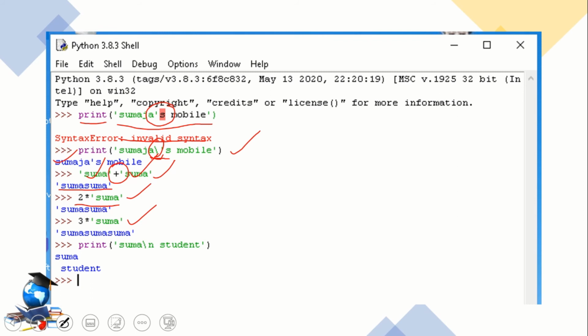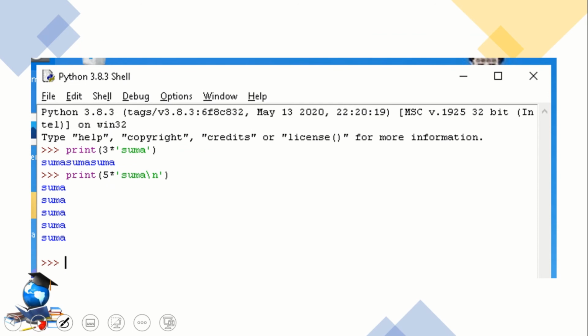And in Python, there is another special character, that is \n. That means new line character. If you want to print your string in a new line, then you can use \n. Okay, here I have used print Suma new line student. Then the student will be displayed in a new line. Okay. Here print 3 star Suma.